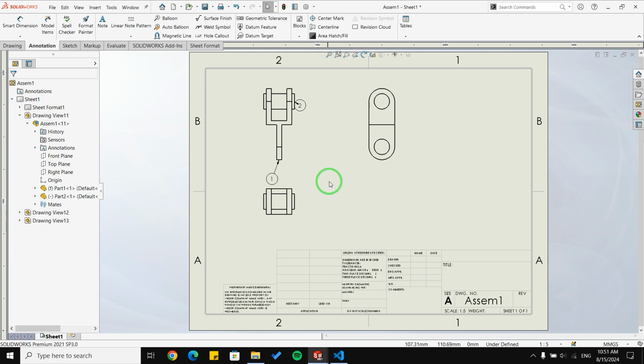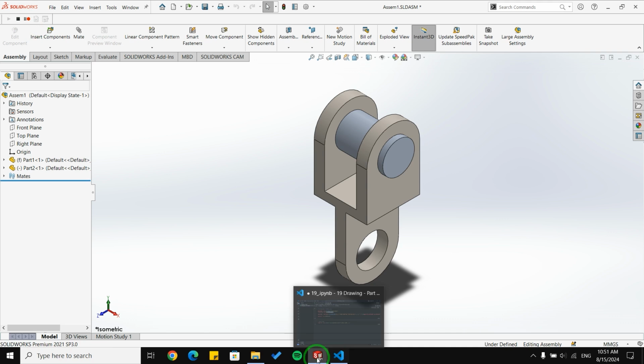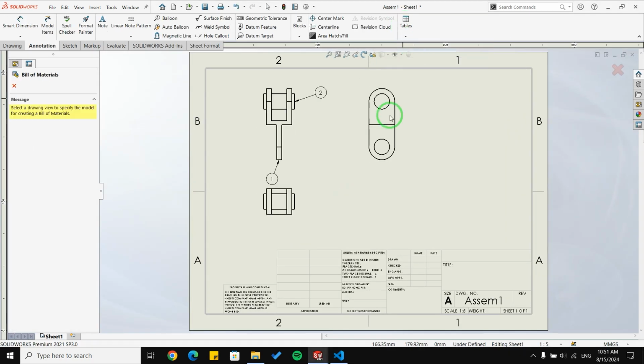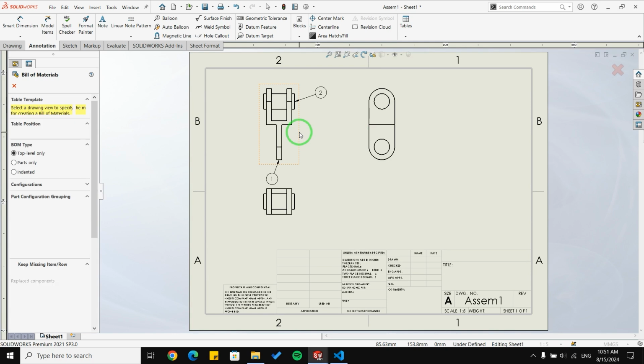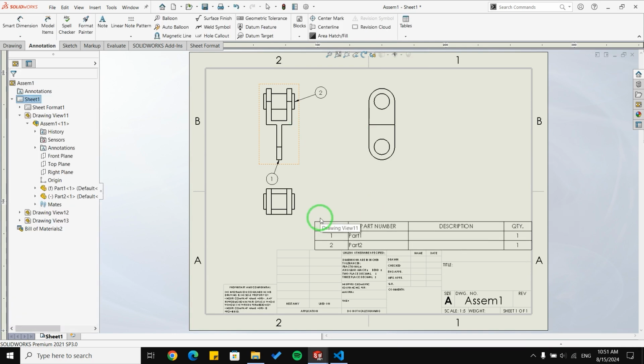Okay, we want to write a script to do this for us, so I'm going to use macro another time. I'm going to start the macro, select bill of material, select my view, click OK, and at last place my table where I want it.